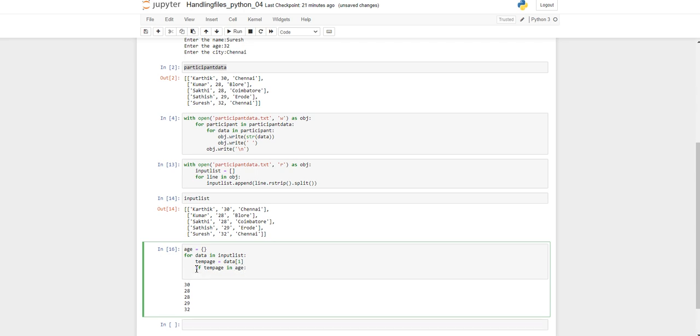If it is part of the age, we have to increase that occurrence by 1, to count how many times the age has occurred. So age of key temp age plus 1, else this is the first occurrence, so age of temp age equal to 1.